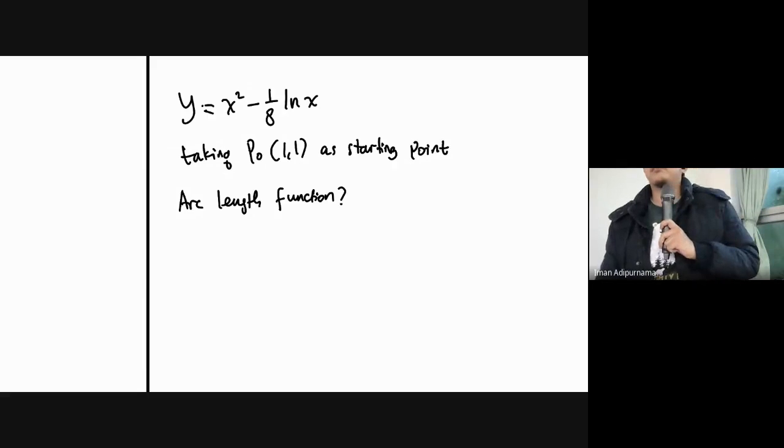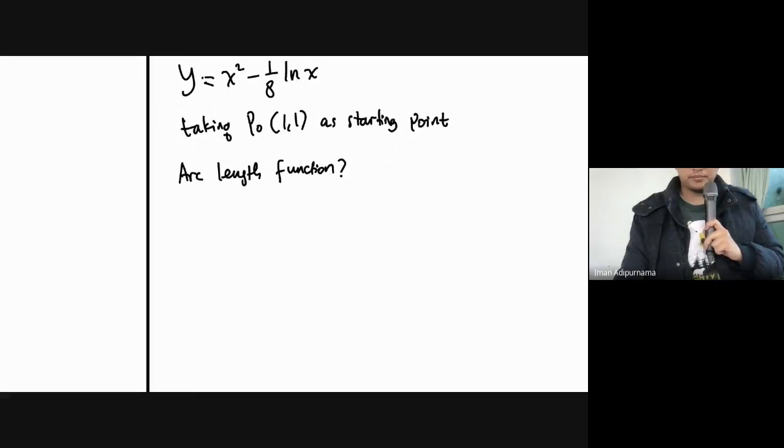If you just need to find the arc length function, what you need to do is find, let's say this is f of x,